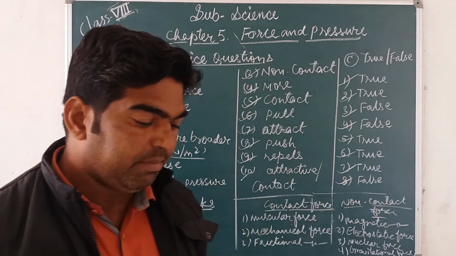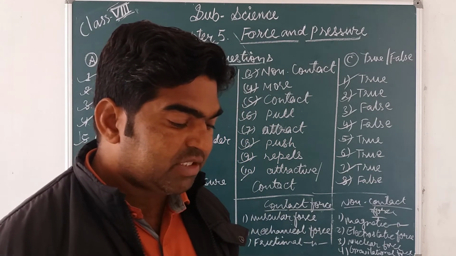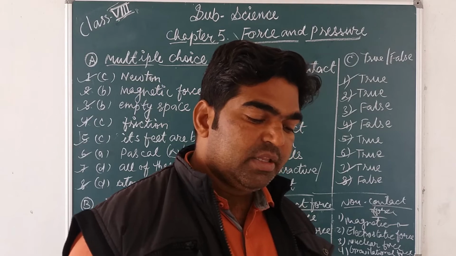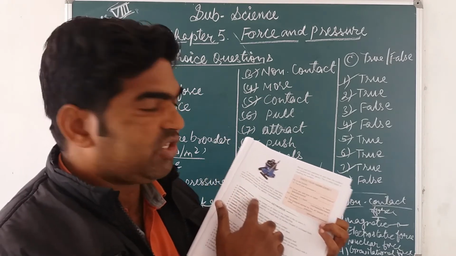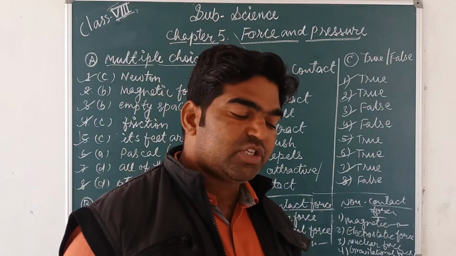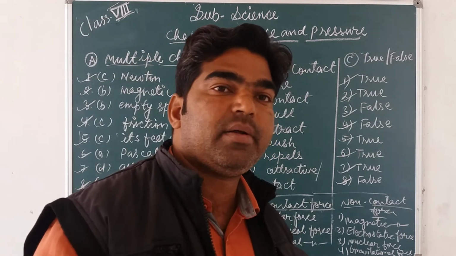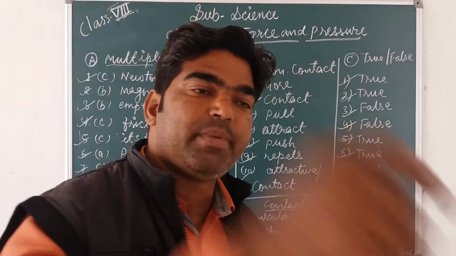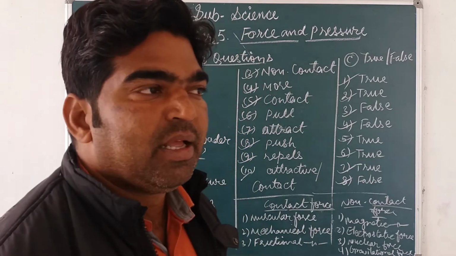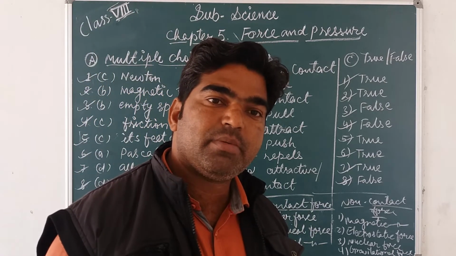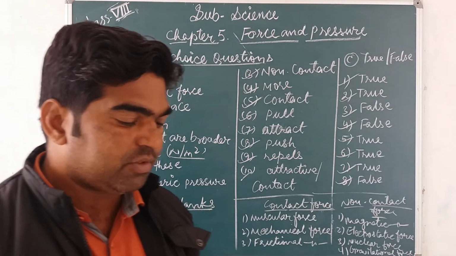Last one, what is meant by the term atmospheric pressure? Atmospheric pressure means the pressure exerted on an object by the weight of air above it. This definition is given in your keywords. Due to the weight of air, it exerts some pressure on an object, and that is called atmospheric pressure, because we know that air is also a material thing and it has some mass and weight, so it exerts some force. That force is called atmospheric pressure. Now next